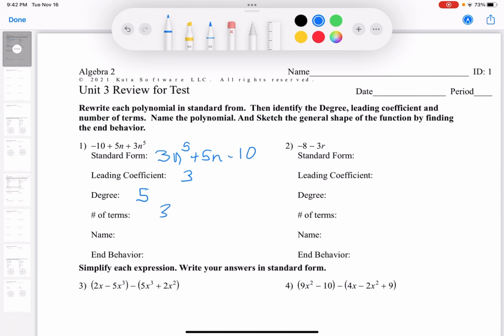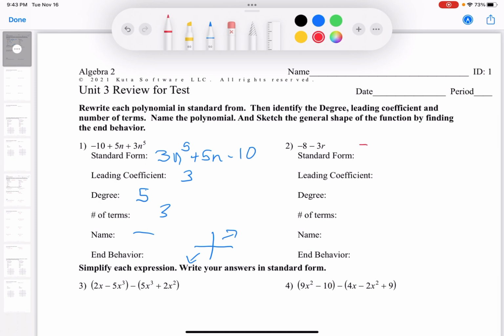Name of the polynomial, again, we're not going to worry about this too much. It's a fifth degree polynomial with 3 terms, or a trinomial. We won't worry about that too much. End behavior we are going to worry about. Its degree is odd. The leading coefficient is positive, so odd and positive, our end behaviors are here and here. Second one,